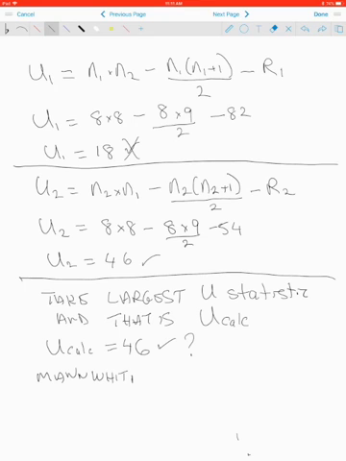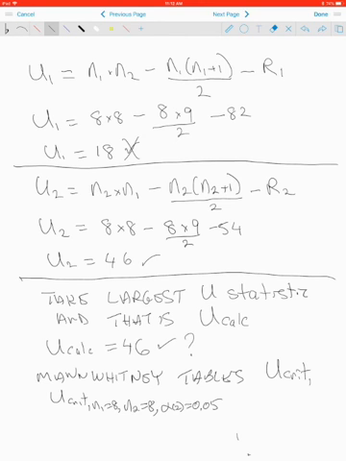So there are more statistical tables to look at. To look up the critical value of U, in this case with sample sizes, we don't call these degrees of freedom, they're simply sample sizes, so we want to look up a critical U value with N1 equal 8, N2 equal 8, at alpha 2 equal